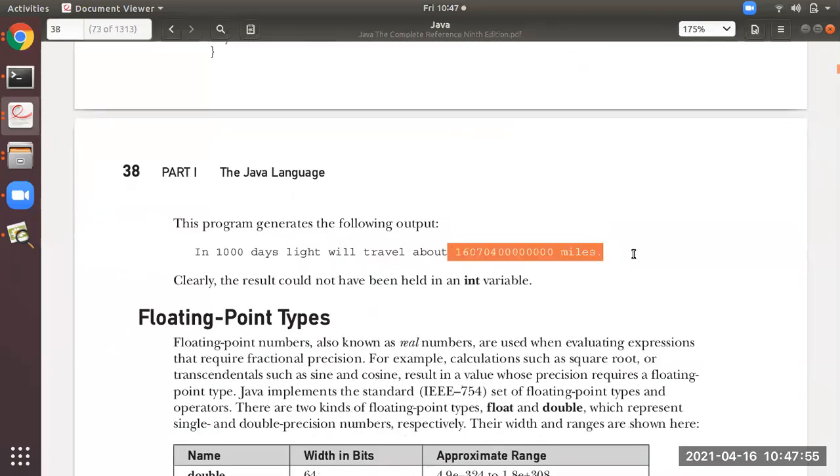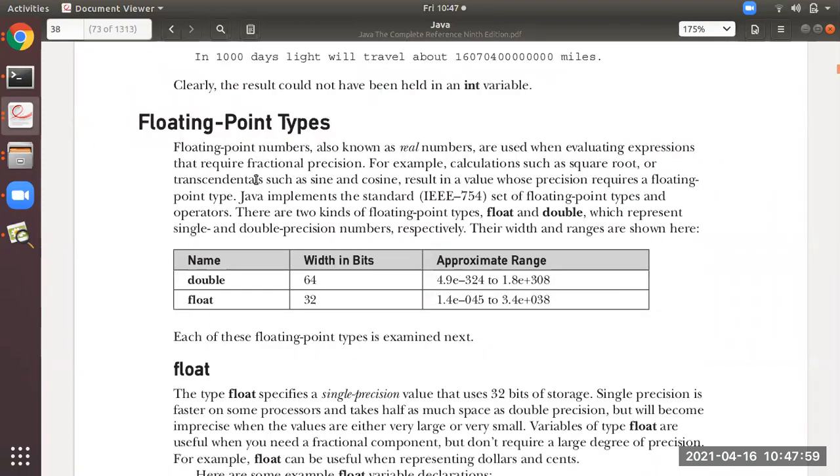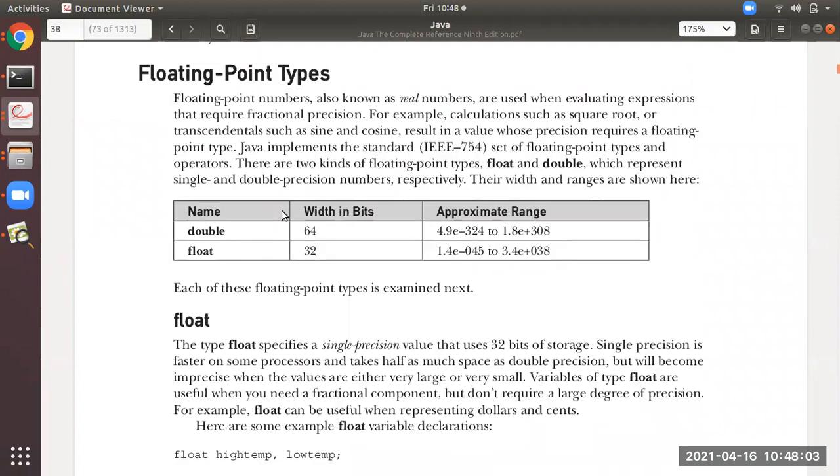This is the value. Then next is floating point type. Remember this, floating point type has 2 data types, that is float and double. The size of float is 32, the size of double is 64.